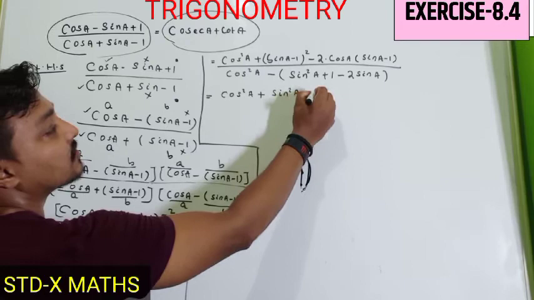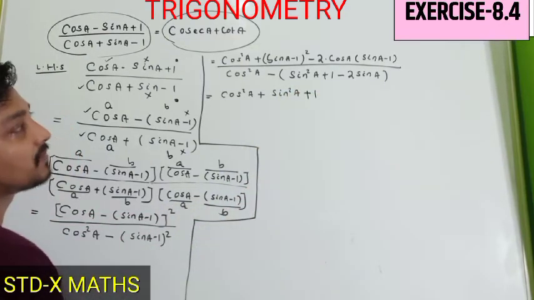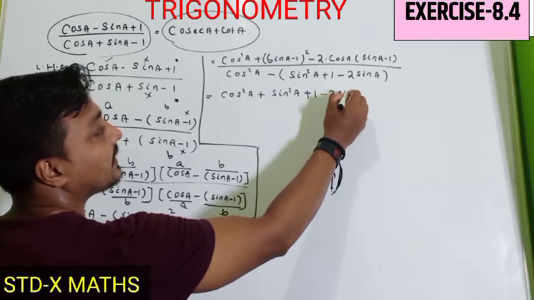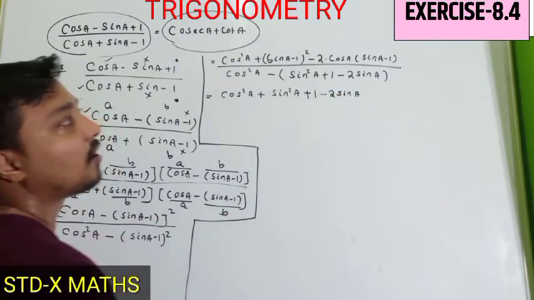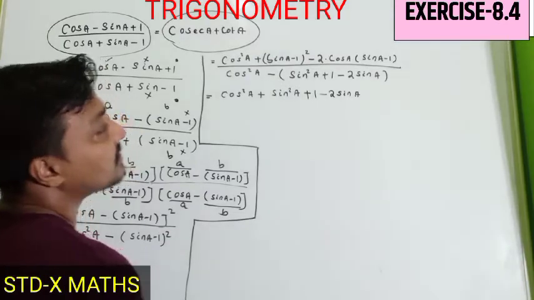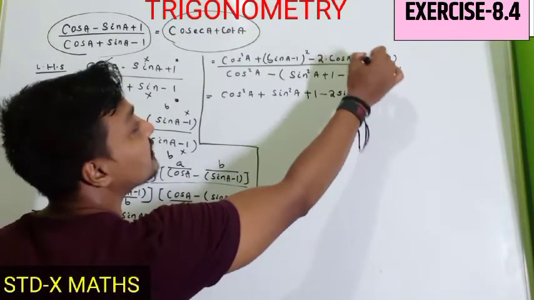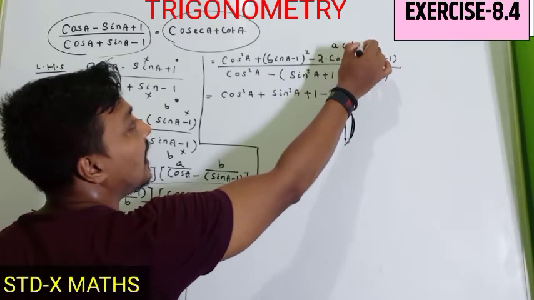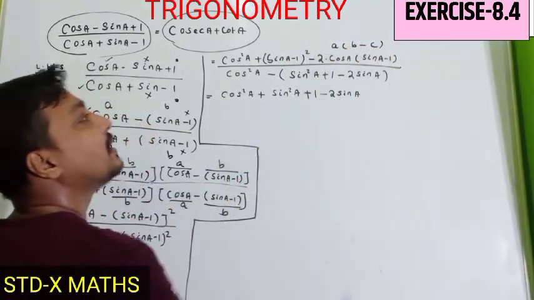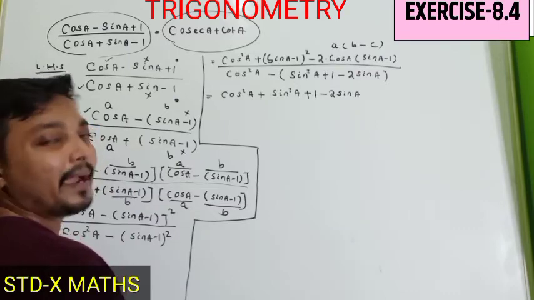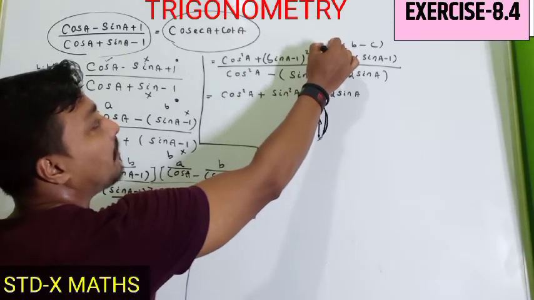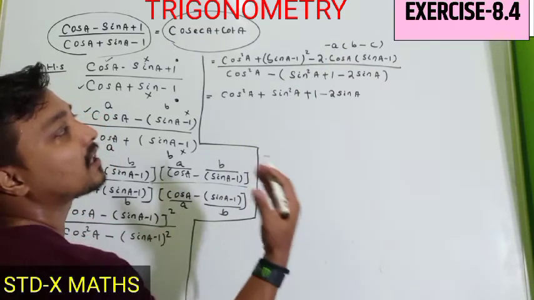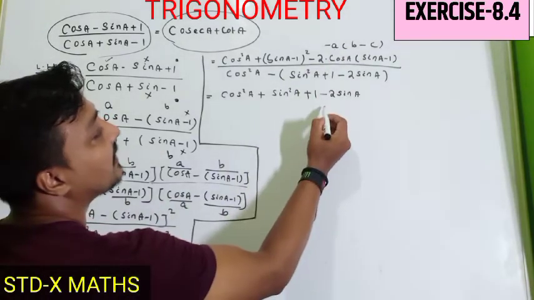And here it is a square plus b square, which means 1 here, minus 2ab, which means 2 sin a. Up to this it is clear. Then after C, I will open the bracket. Multiplication is distributive over subtraction: a into (b minus c) means ab minus ac. But as here it is minus, for minus a into b equal to minus ab, then after plus ac, so I am writing directly,